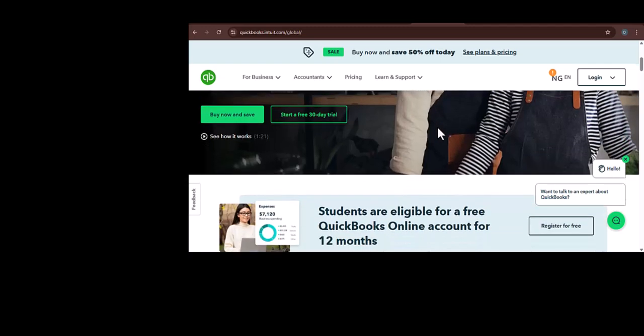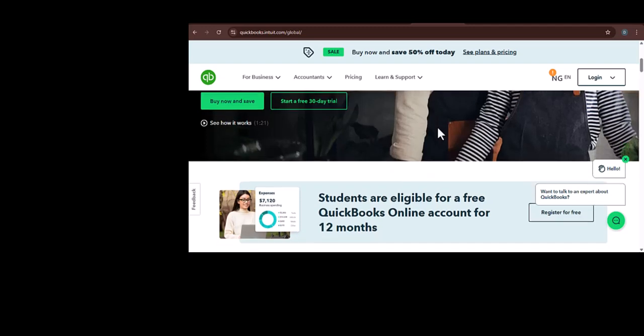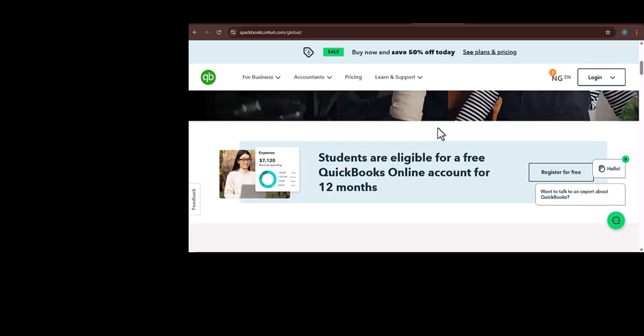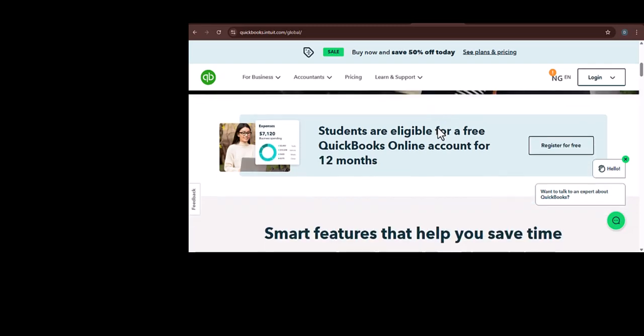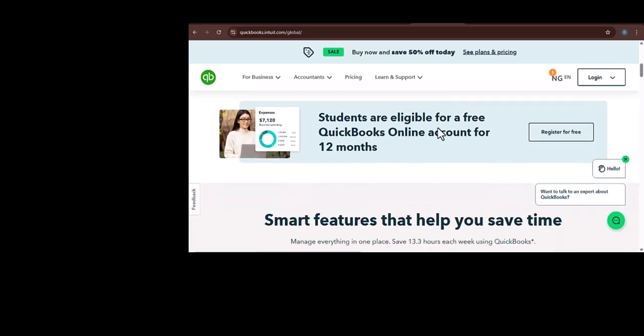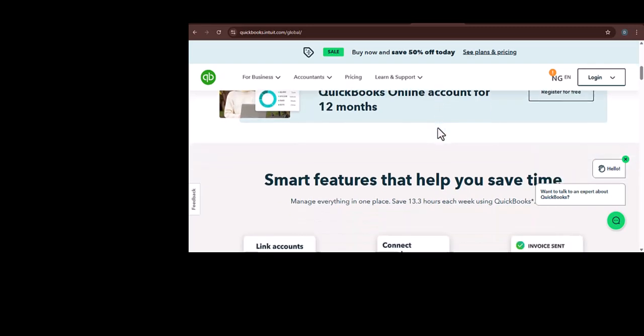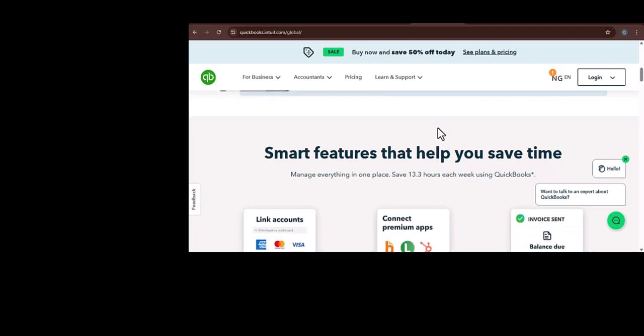But before you can wave goodbye to those payroll headaches, you need to get it up and running. So the big question is, how do you actually activate QuickBooks Payroll? That's exactly what we're going to dive into today. We'll walk through the entire process step by step, ensuring you can get your payroll system activated smoothly and start